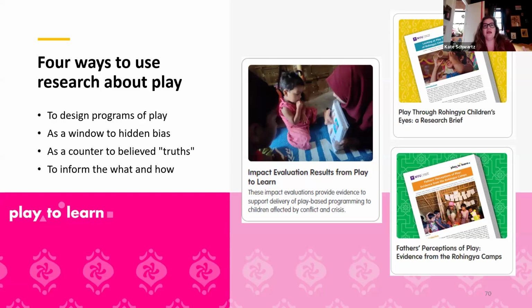That is, the focus in talking about play and play-based programming was on the interactions between a child's primary caregiver and the child. And through the research, we quickly realized that this was an inaccurate and honestly very Western assumption, and that a more accurate lens was that of the family, the extended family, or even the neighborhood, with many individuals from older siblings to aunts, uncles, grandparents, neighbors, all playing really key roles in delivering the program content and the play-based activities to the young children in our studies.